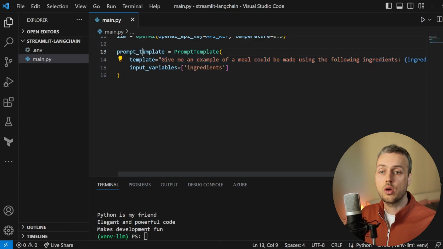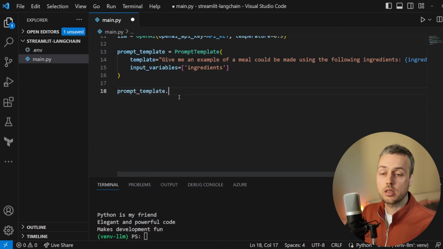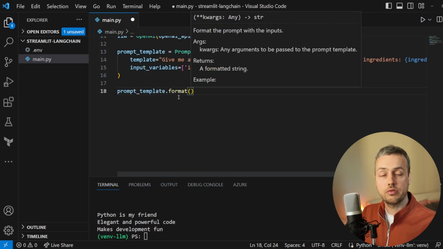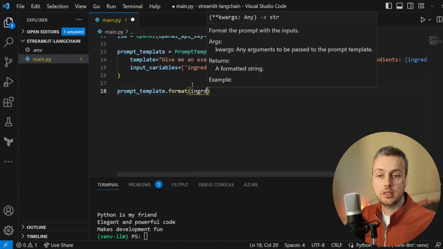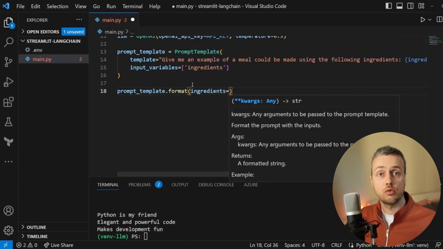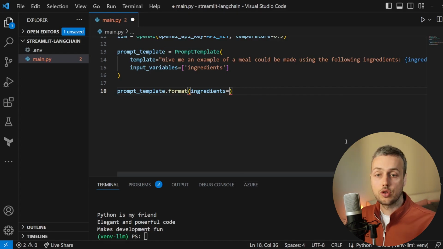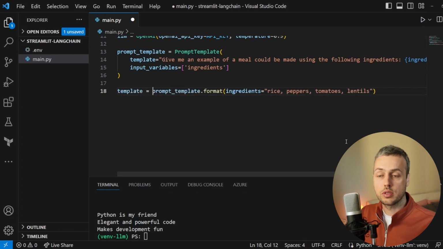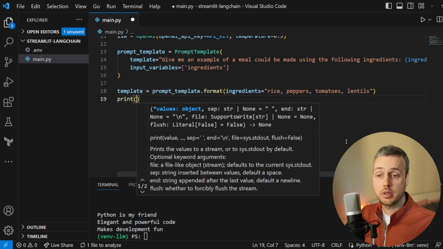Now let's see quickly how we can actually render or generate a template here. If we go down below this, we can use the PromptTemplate.format function, and we can then pass any input variables into the prompt template. And what we want to pass in is the ingredients that we want to use to actually generate a recipe from those ingredients. So the ingredients I'm going to pass in here are rice, peppers, tomatoes, and lentils. And let's store that in a variable called template,